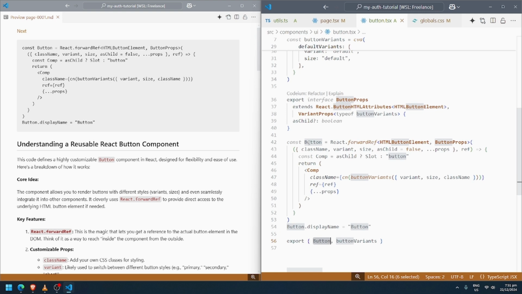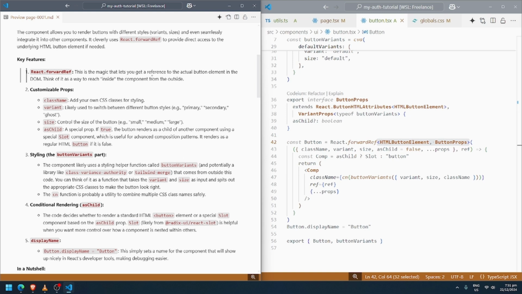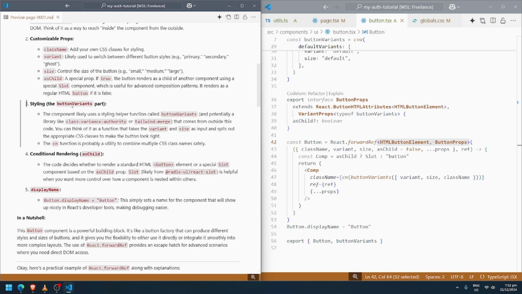So it declares a constant button variable with the value of the return of this function, and also sets the button for the display name property of the button. So to dig deeper, React.forwardRef, and it says here that this is the magic that lets you get the reference to the actual button element in the document object model, and it has customizable props, className, variant, size, asChild, styling, button variants.